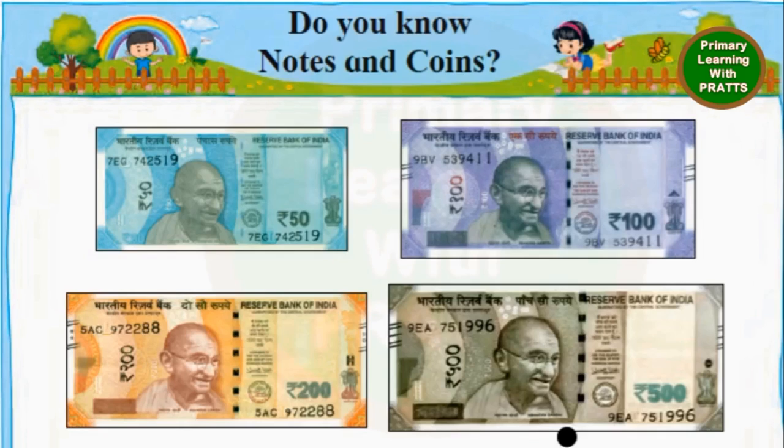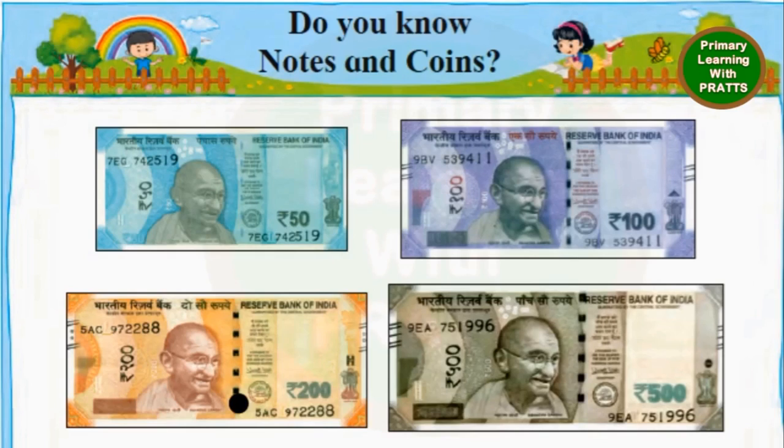When you take a note in your hand, what are the things you should see? First thing you must see is the color of the note. Then the picture. Whose picture is there on the note? We all know this is the father of the nation, Mahatma Gandhi ji. So his picture appears in all the notes. What else is special about our Indian notes? You must see the number of languages that are written on the note, and it is written over there 100 rupees, 100 rupee, and different other languages mentioning rupees 100. So you must see how many different languages you can count.